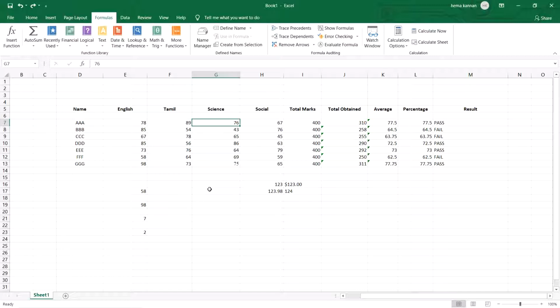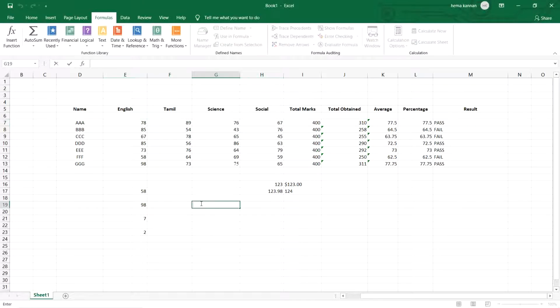But here you may have a doubt: whether merging two cells and concatenation are the same or not. No, merging is different, CONCAT is different, and CONCATENATE is different. First we can go ahead with CONCAT. Now I am going to take these 4 marks and go for the CONCAT option.